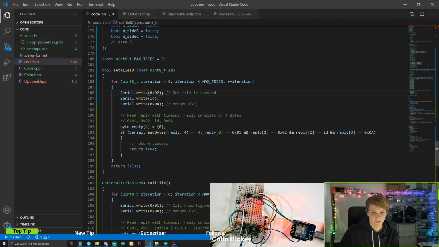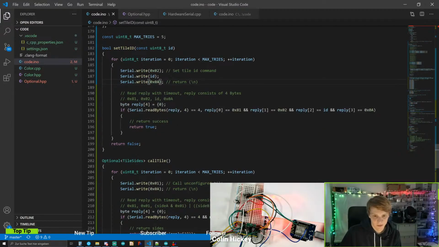It will write the command ID, the tile should be set to, and as well the return. We then read 4 bytes as the answer, which is again the 81 to indicate a tile command. The 2 is just the same as the command we sent. The tile will also send back its ID. So we will keep in mind which ID we send, and check that way if the ID is correct